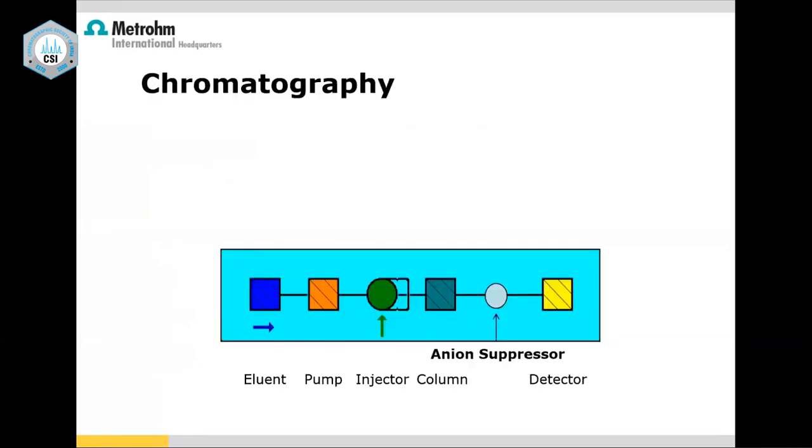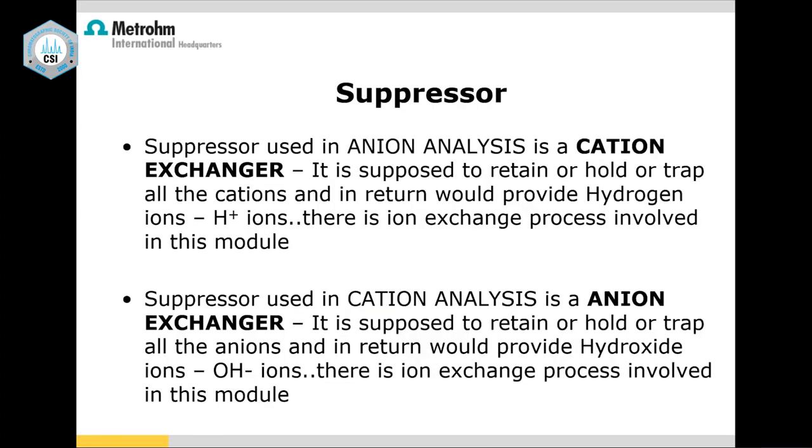So we saw basically the eluent, what mobile phase we used, which is constantly pumped through the system. Injector we saw, you know how it works. Then the column we saw what is there, and detection also we saw. So there is one more additional device which is going to differentiate this technique from your normal LC, which is called the suppressor, and this is mainly used for anions. So let us see how it is used.